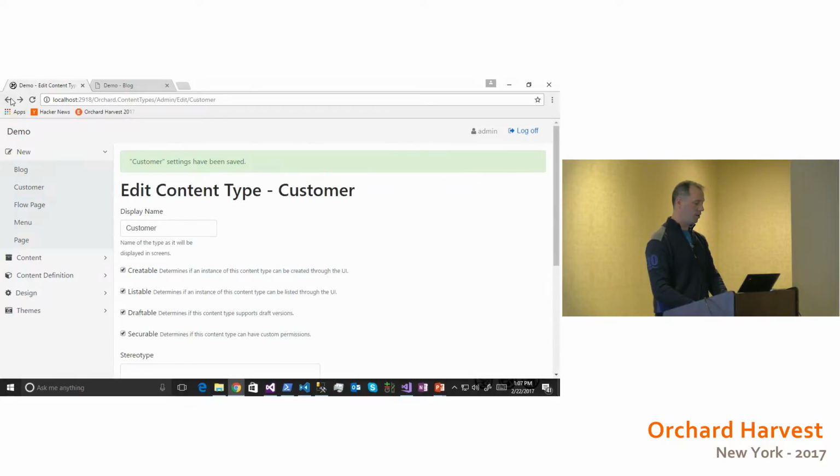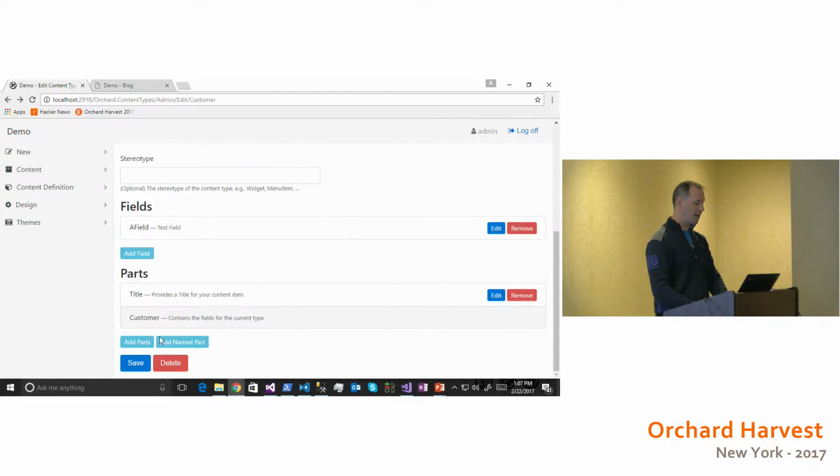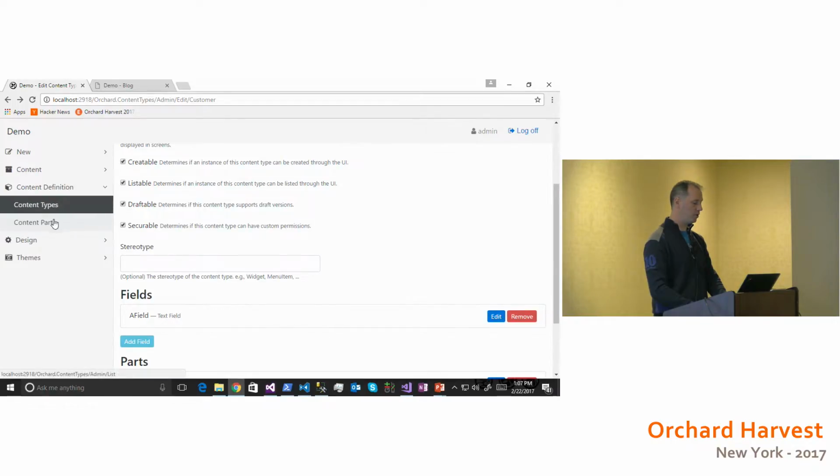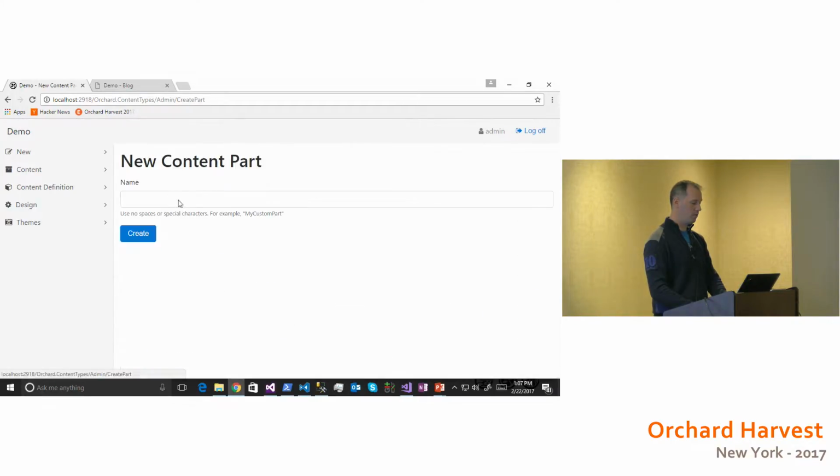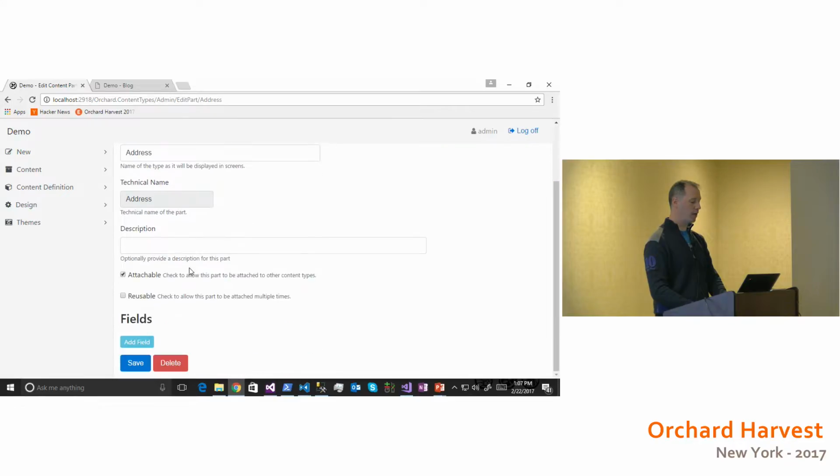Okay, like in Orchard 1. Nothing special here. What is new in Orchard Core is that I can add named parts or standard parts. A named part is a part that you can reuse across content types and also reuse even inside a content type. So let me show you. If I go to content definition and create a new part, I will create a part called address. A part is a reusable set of fields which are configured. So it's some fields and their configuration. So if I create a part called address, I can add fields